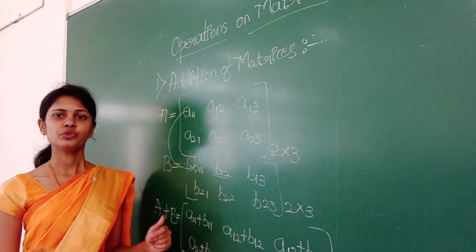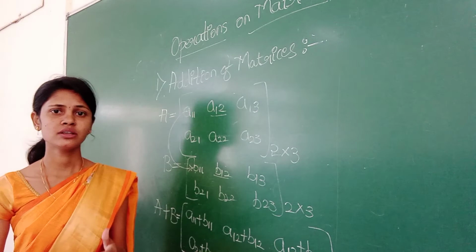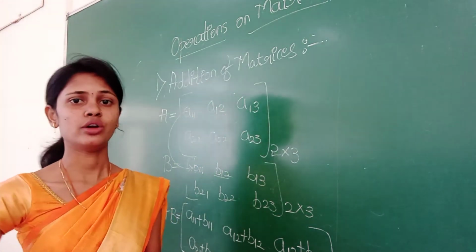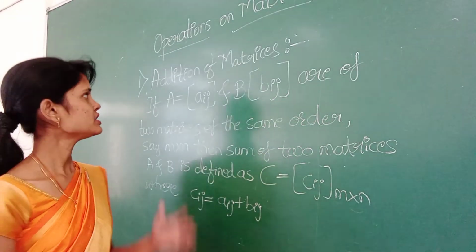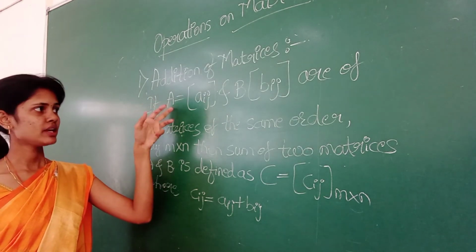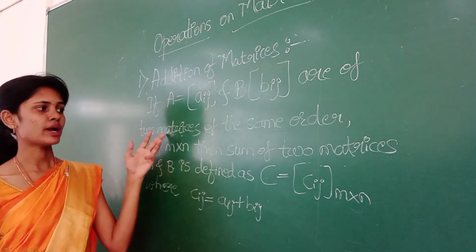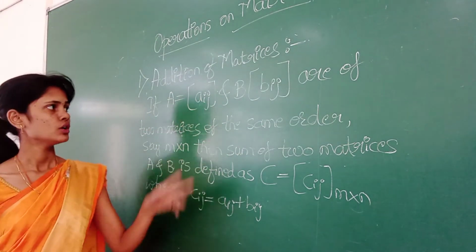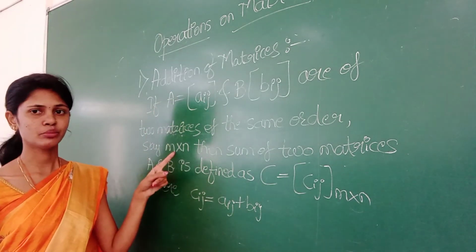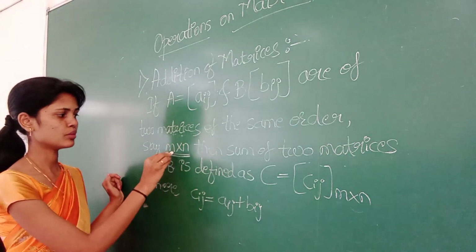So addition of two matrices is that we must add the corresponding elements in each other and also the matrices must be having the same order. Right? In general, the addition of the matrices can be defined as if matrix A is equals to Aij and B is equals to Bij are two matrices of the same order. So these are two matrices A and B of the same order, say m cross n. So the order of matrix A and B is m cross n.